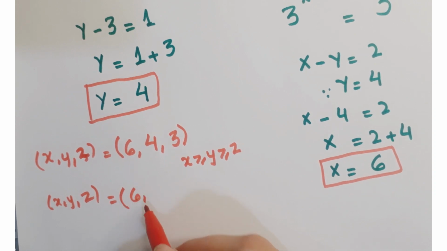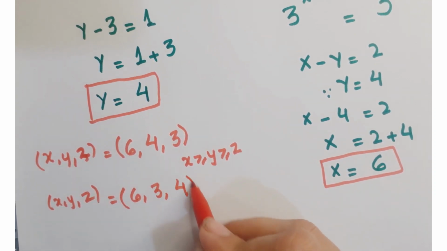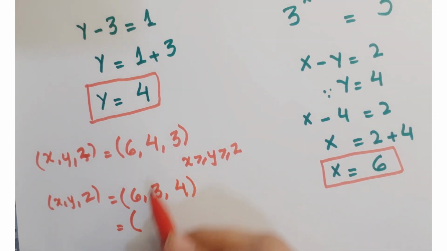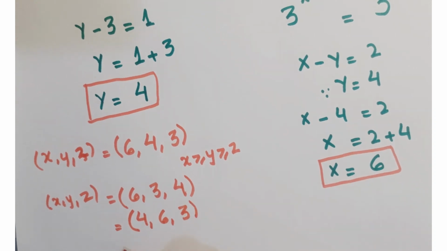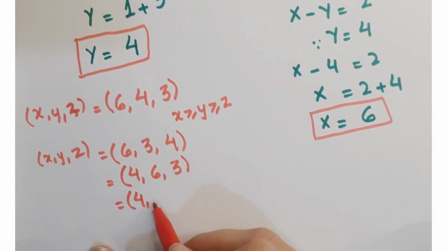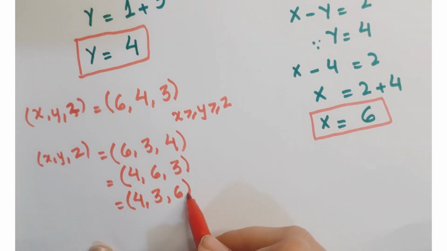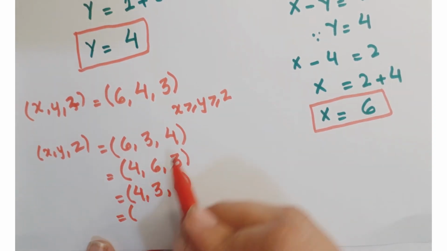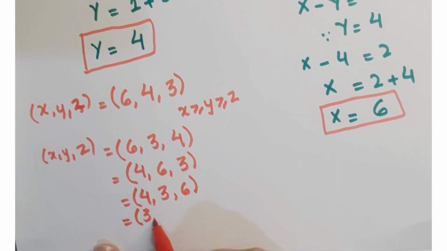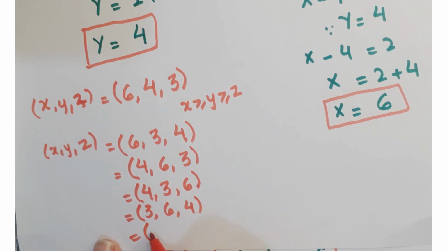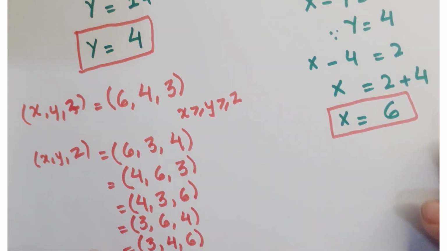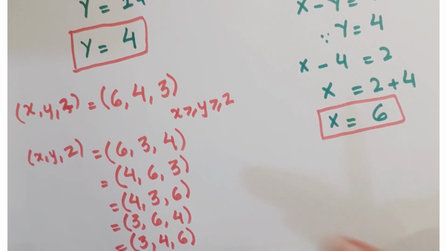So when x is equal to 6, y can be 3 and z can be 4. Next, if x is equal to 4, then y can be 6 and z is equal to 3. And if x is equal to 4, y can be 3 and z is equal to 6. And the fifth possibility is that if x is equal to 3, then y can be 6 and z can be 4. And the last possibility is that if x is equal to 3, then y can be 4 and z is equal to 6. So these are the 6 possible